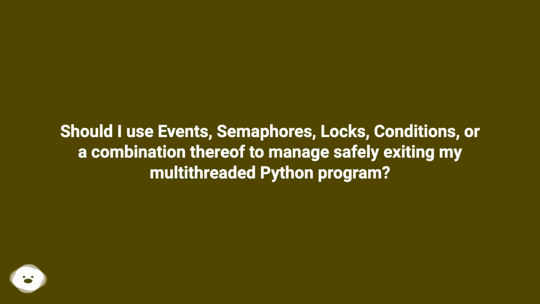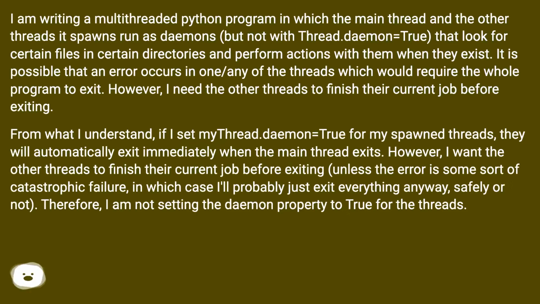Should I use events, semaphores, locks, conditions, or a combination thereof to manage safely exiting my multi-threaded Python program? I am writing a multi-threaded Python program in which the main thread and the other threads it spawns run as daemons, but not with thread.daemon equals true, that look for certain files in certain directories and perform actions with them